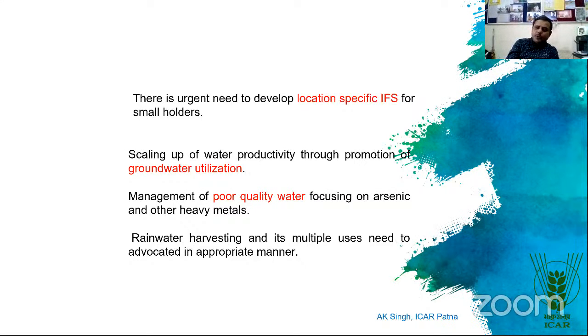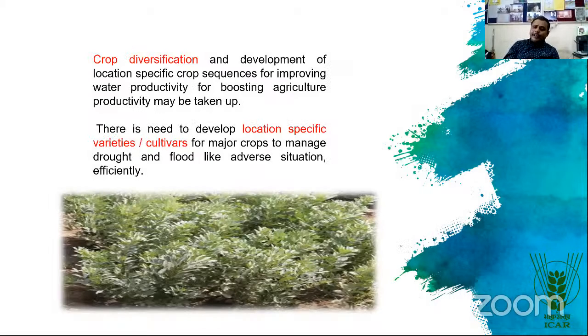Yes, we know that there is a lot of groundwater pollution. In fact, on the banks of the Ganges, there is fluoride content, arsenic, and heavy metals. These are a few things which are being brought up from the ground level due to parent material. So we have to judiciously use these waters, whether arsenic or fluoride contaminated. Crop diversification will definitely improve your land productivity as well as water productivity, because this will give you a variety of choices to improve our water productivity.